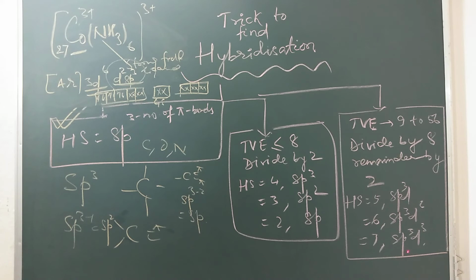And you have to keep one thing in mind: when lone pairs come, there is a little change in the shape. Like if you have a steric number of 4 with 1 lone pair and 3 bond pairs, then it is pyramidal, like the case of ammonia. Now suppose you have 2 lone pairs and 2 bond pairs, the molecule takes the shape of bent. Suppose you have 4 bond pairs and 2 lone pairs, the molecule takes the shape of square planar. Suppose you have 5 bond pairs and 1 lone pair, it is square pyramidal. So this way we can find the hybridization and the shape of the molecule by using the VSEPR theory also,